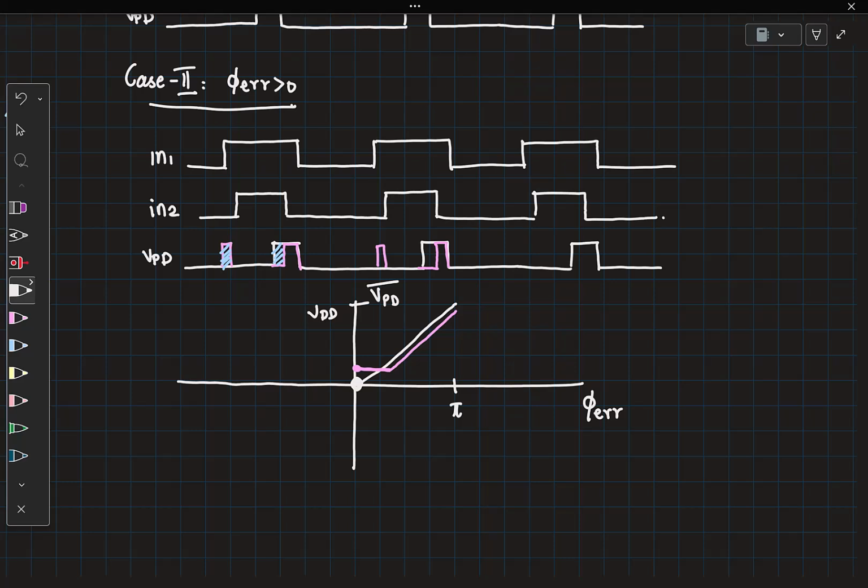So looks like we are running into issues when the pulse widths of the two signals are different. And you also have to analyze what happens when both the signals have the same pulse width, but it is different from 50%. That you can do as homework and come back to me in the next class. All right. Now we move on to the next phase detector circuit.